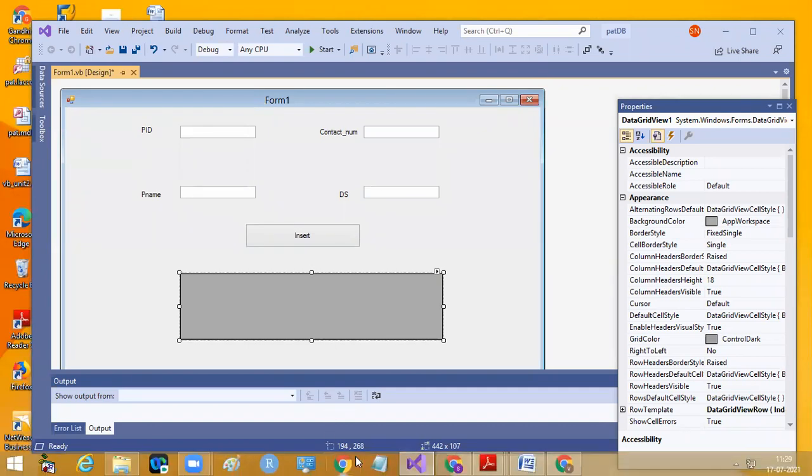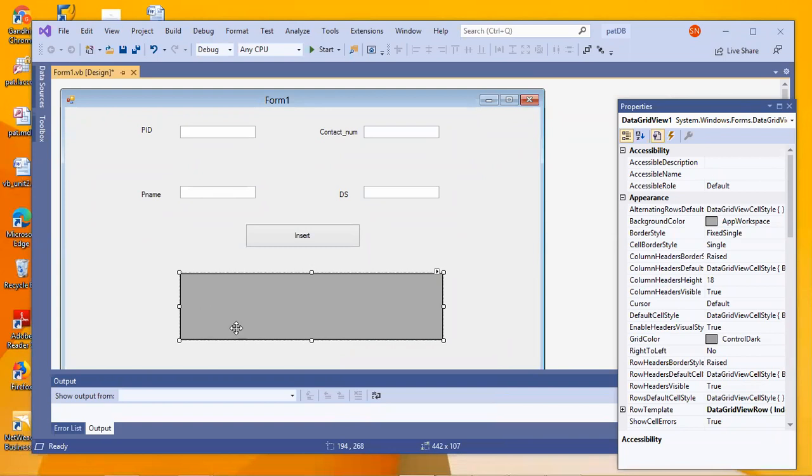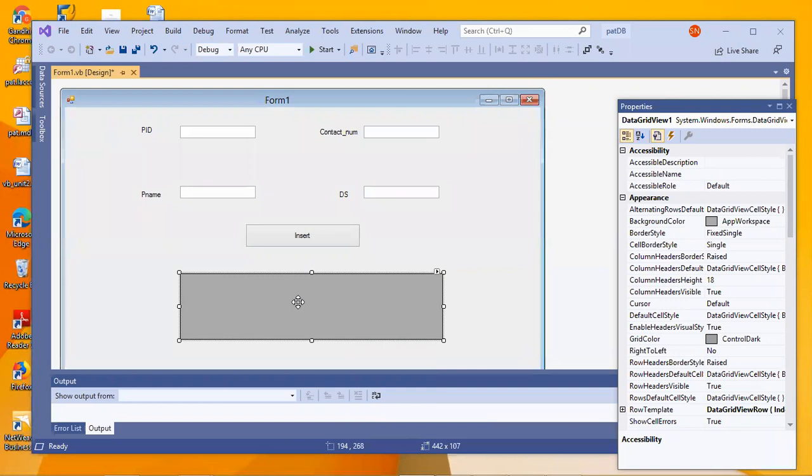Instead of going back to Access every time to check whether it has been inserted, we can view the entire table in this control itself. It displays data based on the data source connection you have given. Clear?